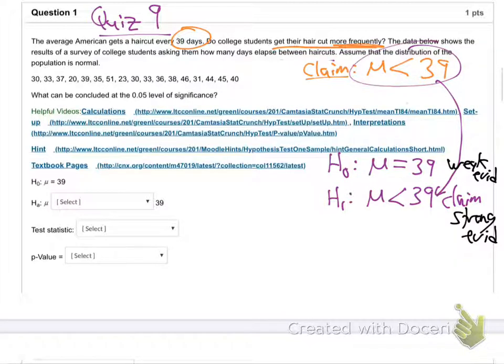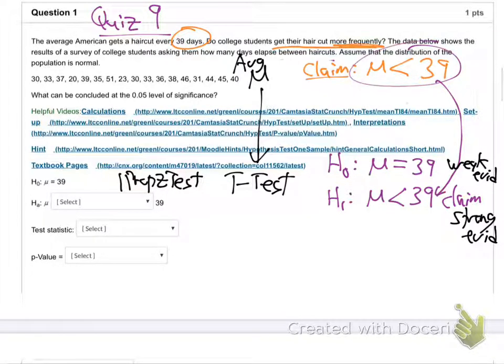Okay, so now we go to our calculator. There are two things you can go to on your calculator. There's the one prop z-test, but this is not that, is it? Because this is not a proportion. It's the other one, the t-test. Whenever we're dealing with mu, with averages instead of percentages, we always go to the t-test. P leads to the proportion, one prop z-test. Averages go to the t-test, don't they? So we're going to go to the t-test.